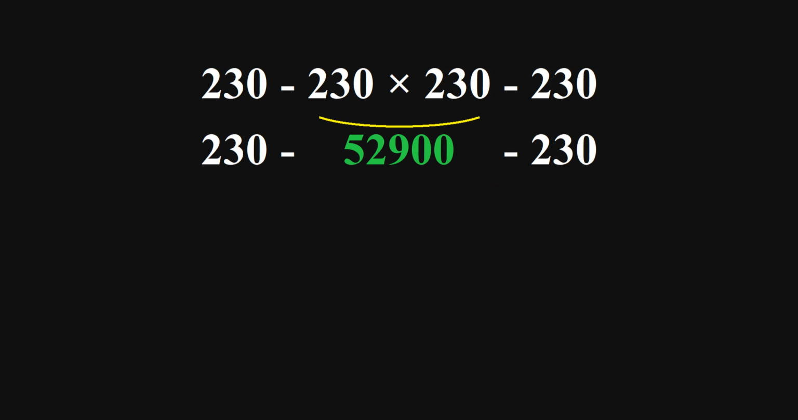According to the order of operations, we do this subtraction, then this subtraction. So 230 minus 52,900, which equals minus 52,670. So we have minus